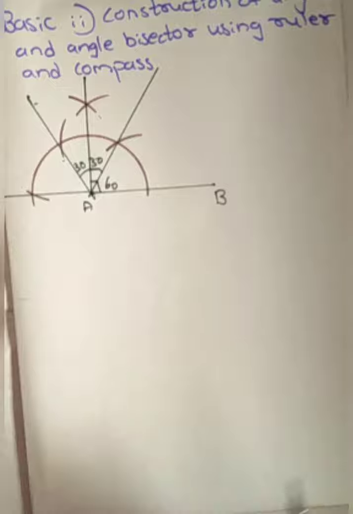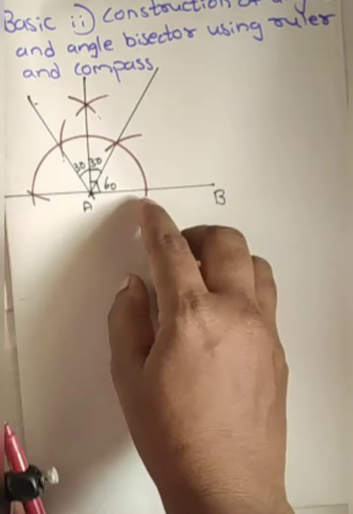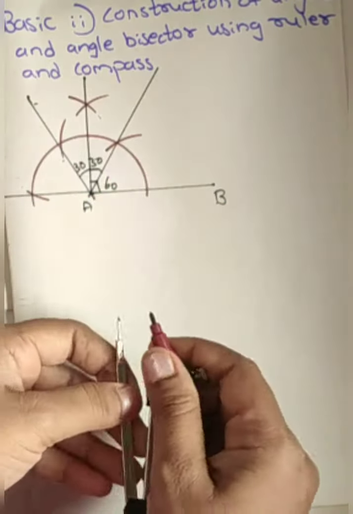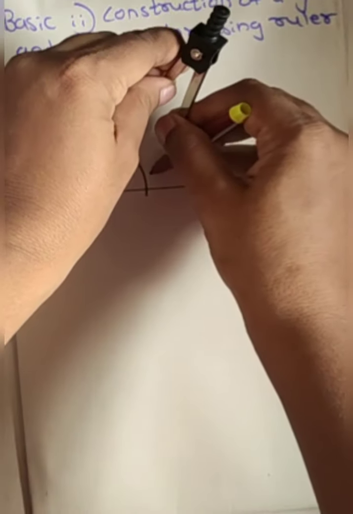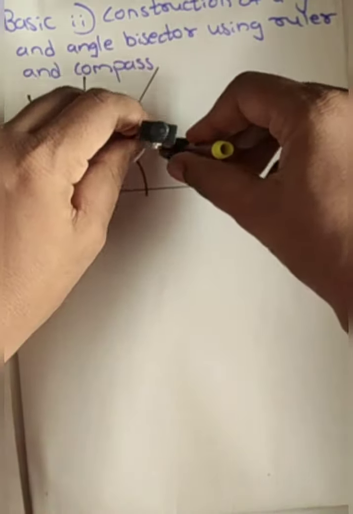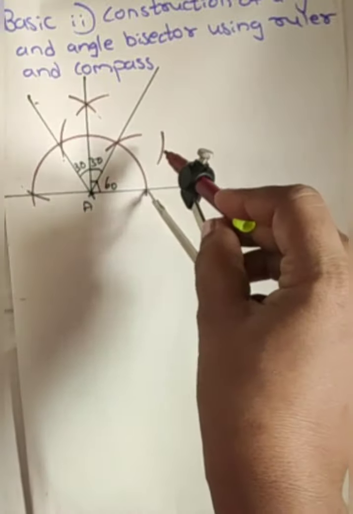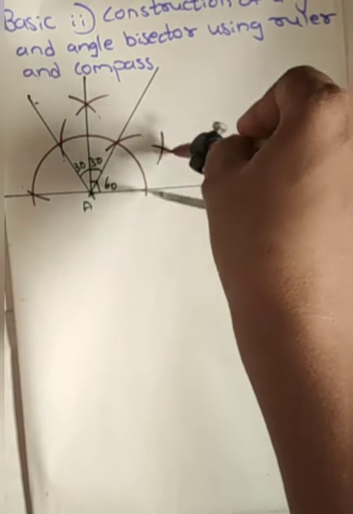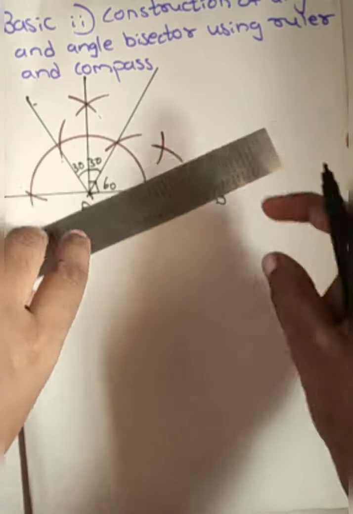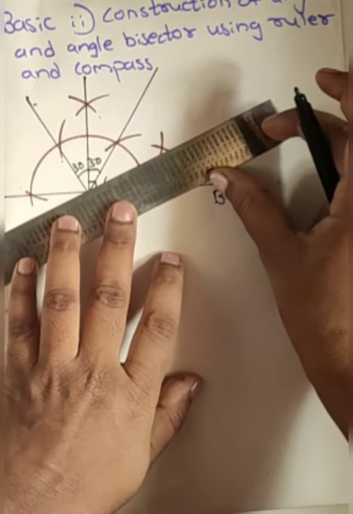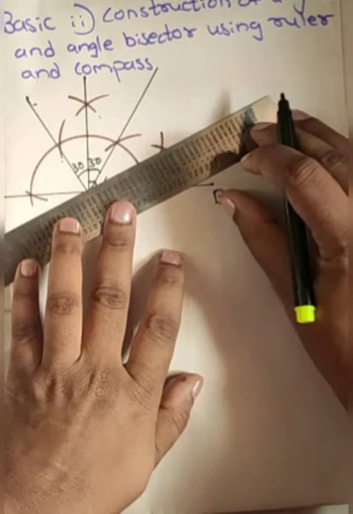Now I will show how to draw 30 degree here. Once you know this angle is 60, by taking more than half, if there is a line you will draw the bisector taking more than half. Same for an angle bisector: you should measure the angle and take more than half of that angle. So this will be our 30 degree.